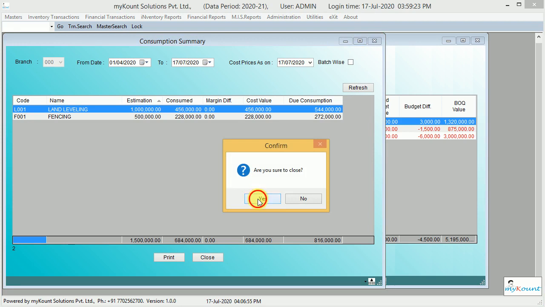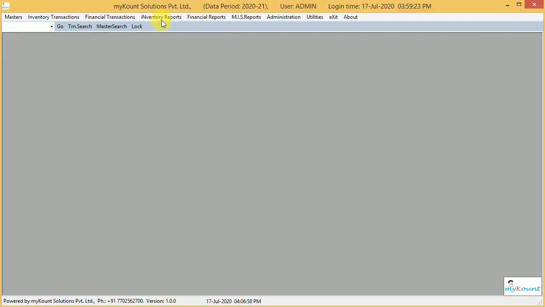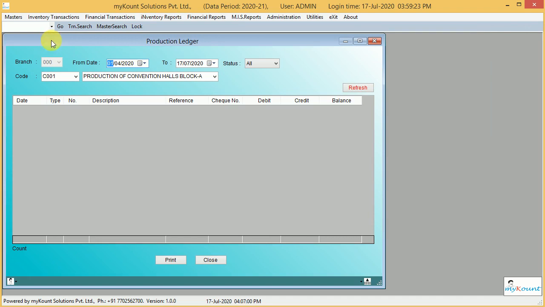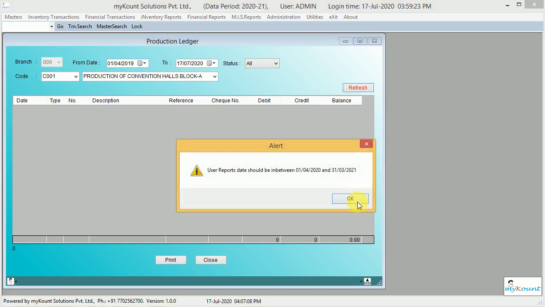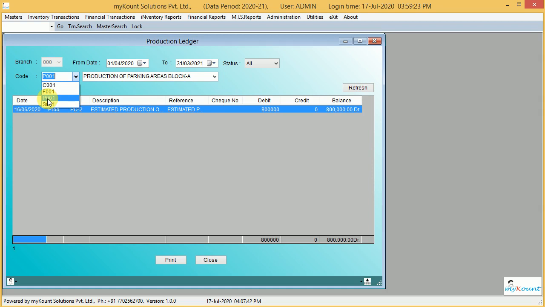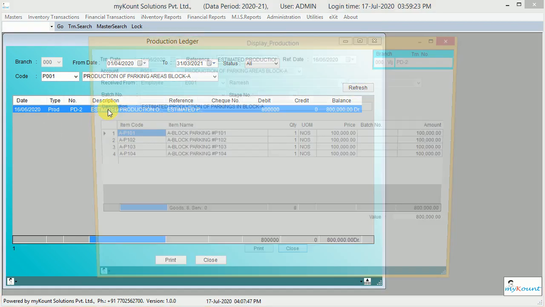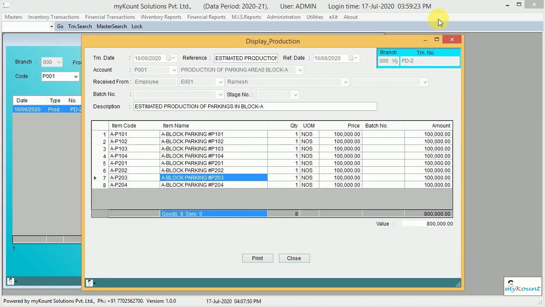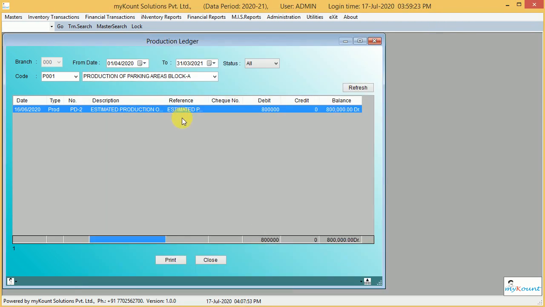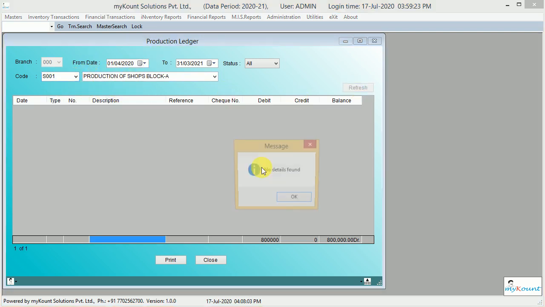So project status can easily be found by looking at the consumption summary. Next, production. Here we can see production bill wise. So select the production account and refresh. So we can see bill wise. This is the production bill. Here these are all the productions. Whenever the production department finishes the goods and converts them into stock, this entry will be passed, so that whatever the productions are, we can see them on the production account.